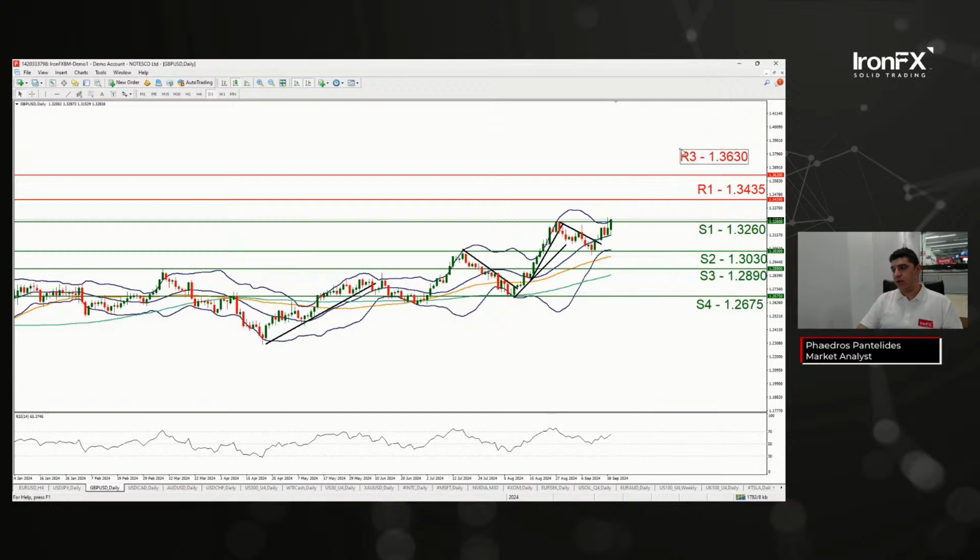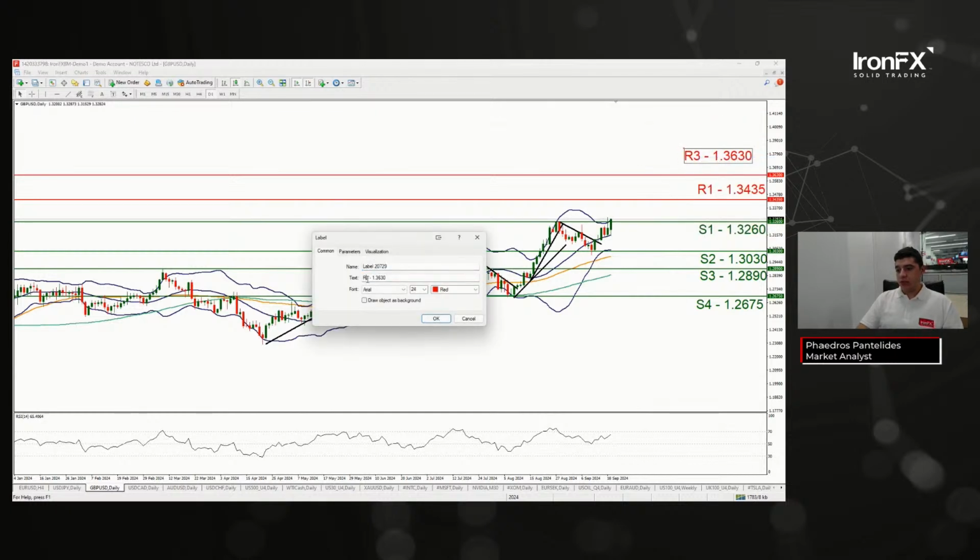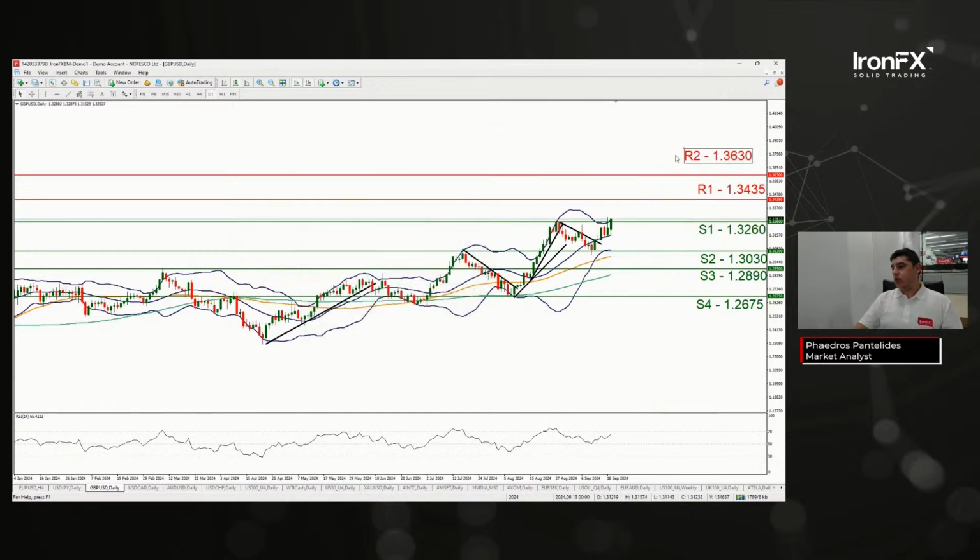So cable, we are bullish. So R3 becomes R2. And now we do need to find our new R3 resistance line. So having seen this, one could draw an upwards moving trend line as well from this bullish candle. So confirmed from this bullish candle's wick. So this is indeed an upward swing trend line.